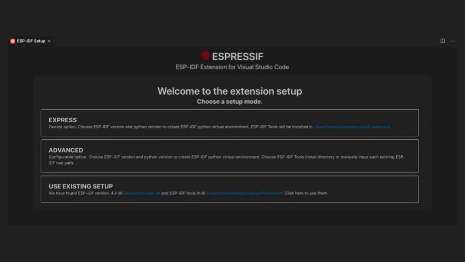To configure the ESP-IDF extension, open the View menu and select Command Palette. Type in Configure ESP-IDF extension and select the ESP-IDF: Configure ESP-IDF extension option. This will open the Setup Wizard window with several options to choose from. Choose the Express Setup mode for the fastest option or use the Use Existing Setup option if you already have